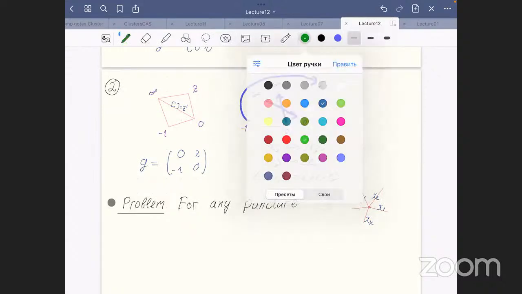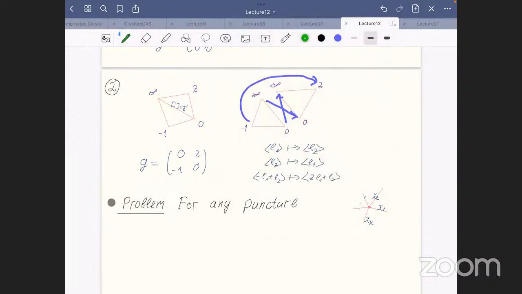And assume that we take the path gamma, which goes around this puncture, say in the opposite direction. Let P be a puncture, gamma a path around it,